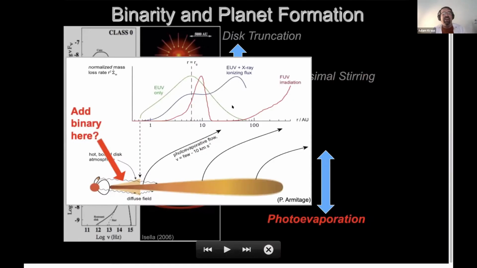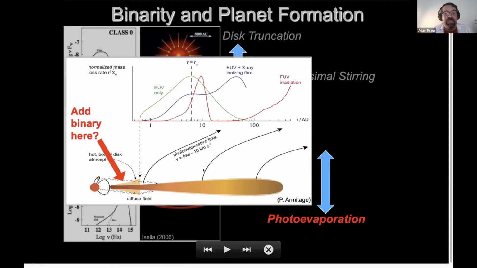You also, potentially at the end of this process, can speed up the photoevaporation stage and speed up your dissipation of the disk. Even if you have space where you can make planets and you can make those planets grow and make planetesimals stick to each other, then the disk might boil away pretty quickly, because when you add a binary to this classical cross-sectional view that we've seen a lot of versions on over the last 2 days, the binary is going to truncate the disk, open up gaps,